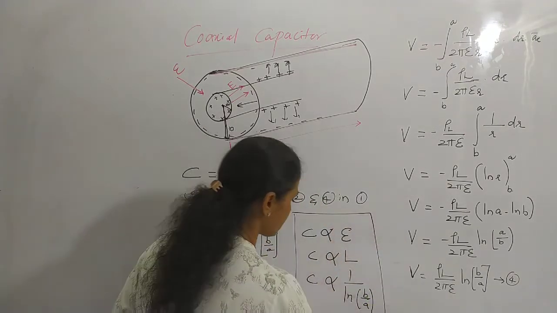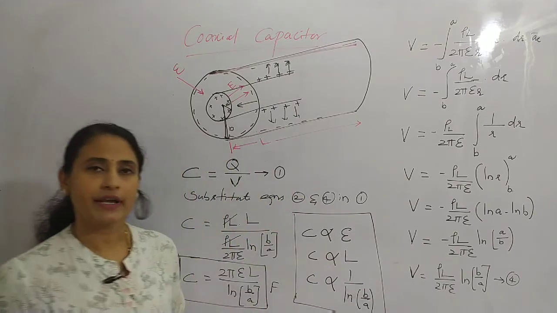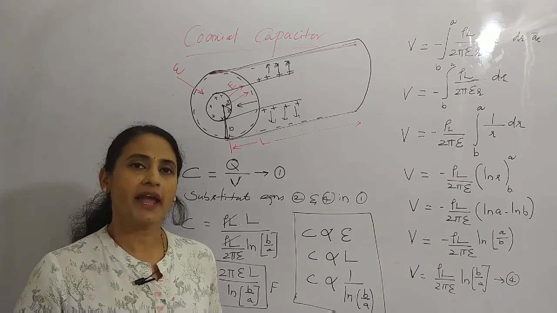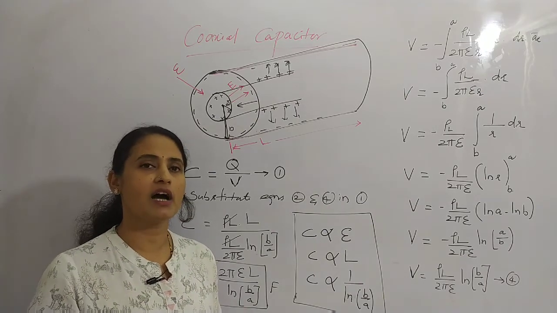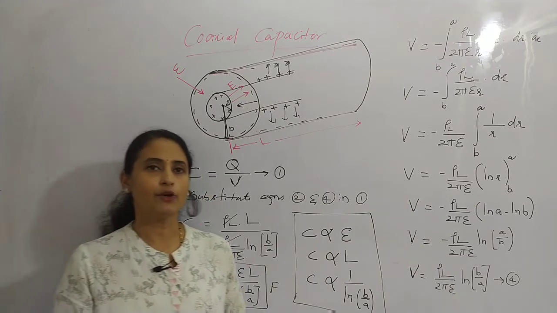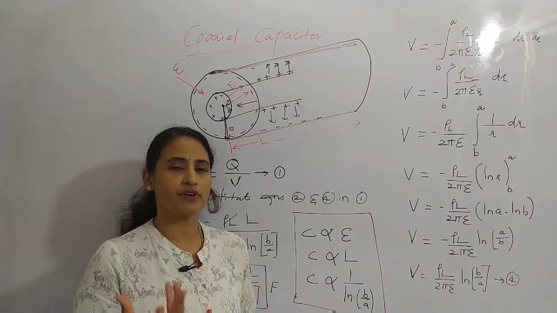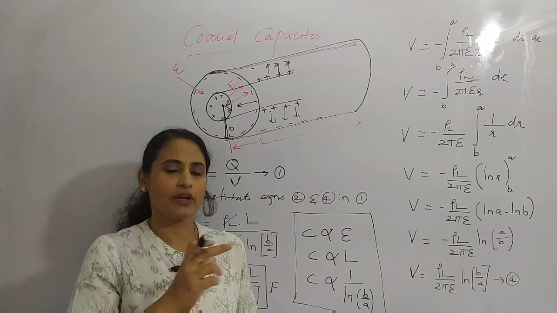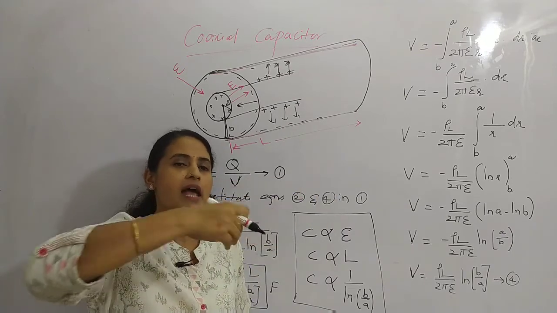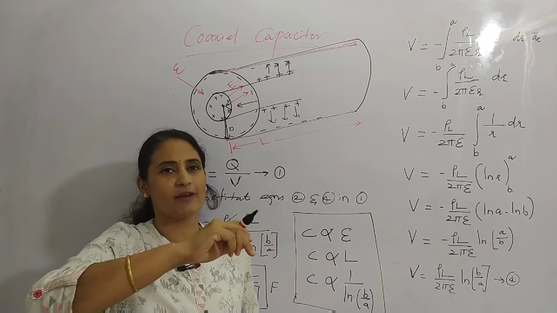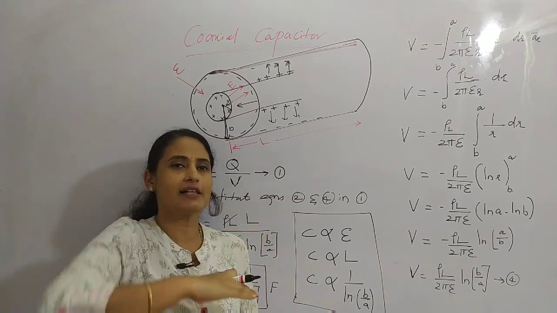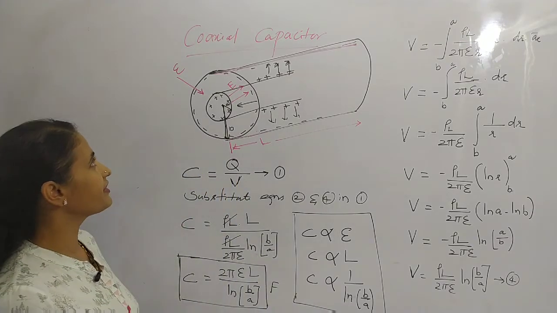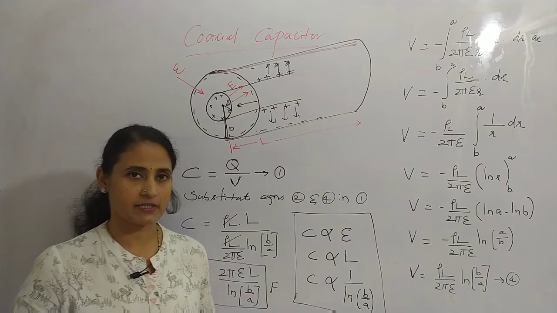Okay, so with this we can conclude today's lecture. It is about the coaxial capacitor. The coaxial capacitor is nothing but two cylinders of different radii. You may consider one circular box, whichever you are using in your kitchen, of the same height, having the outer radius, the bigger box, and inside we are keeping one smaller box. It has a length also, and it will have some lateral surface also. So this is the derivation regarding the coaxial capacitor.